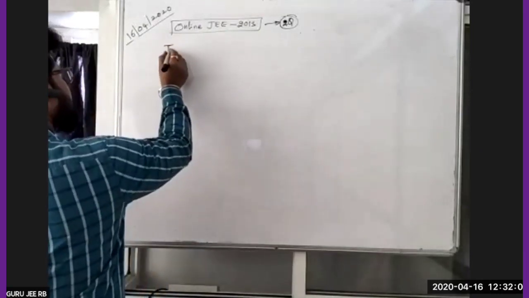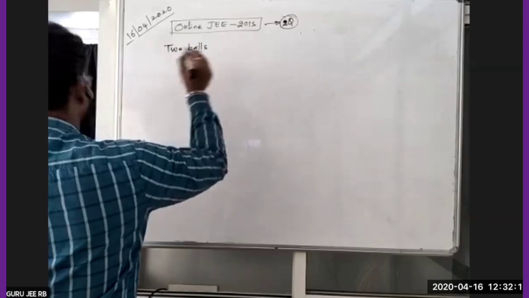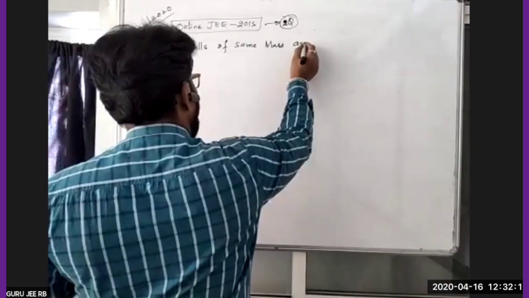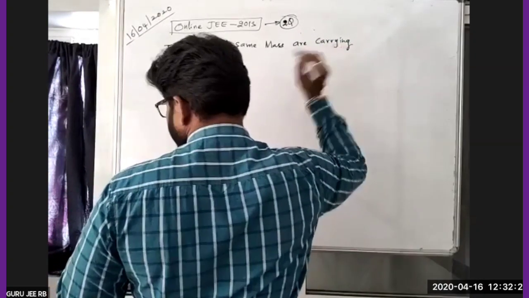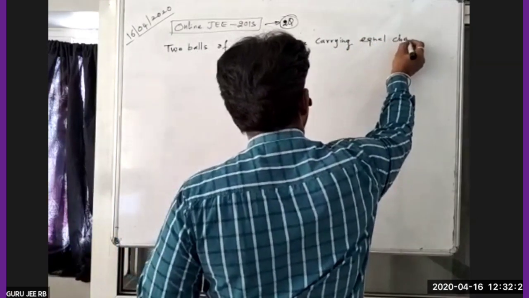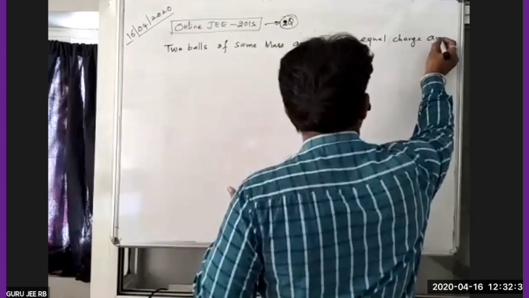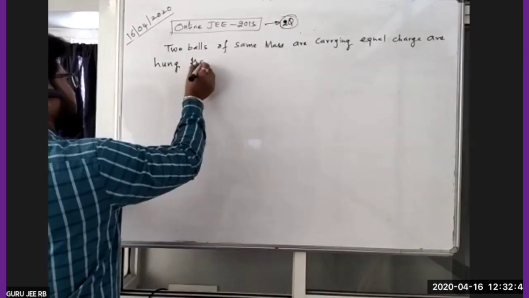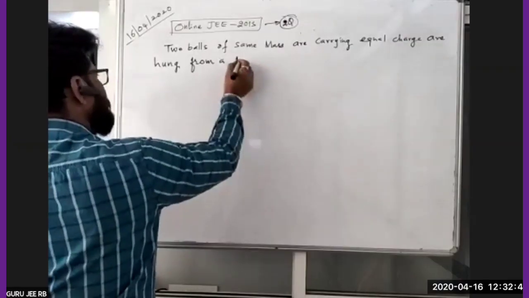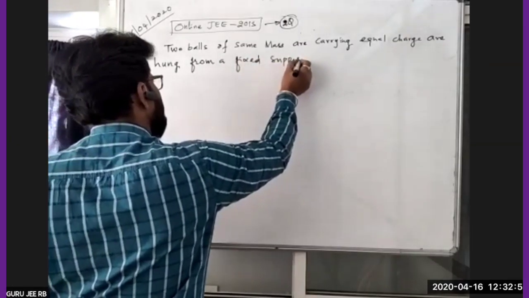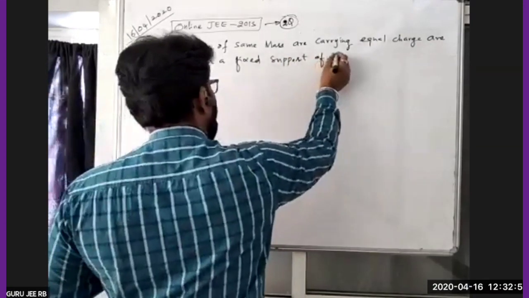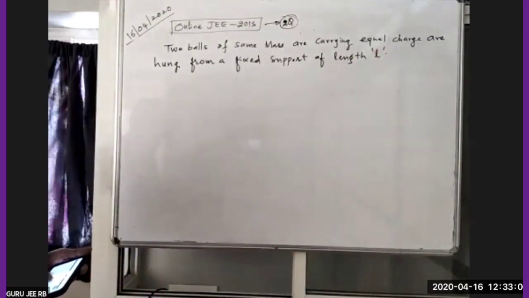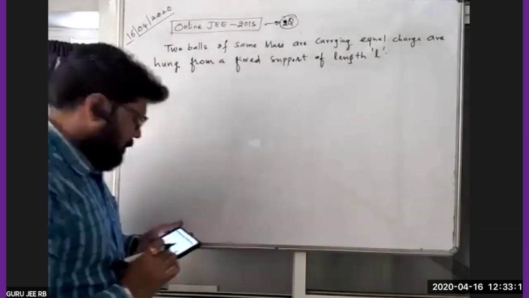Two balls of same mass are carrying equal charge, are hung from a fixed support of length L, at electrostatic equilibrium,